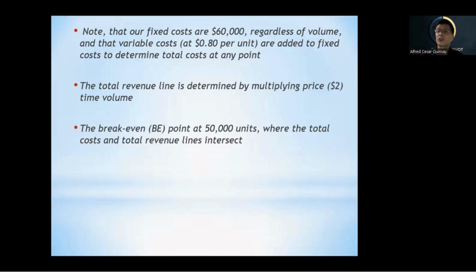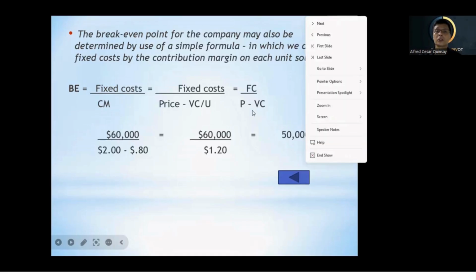Here, the number of the sales increases. The total revenue line is determined by multiplying the price, which is 2, times the volume, while the break even is at 50,000 units. So we can use